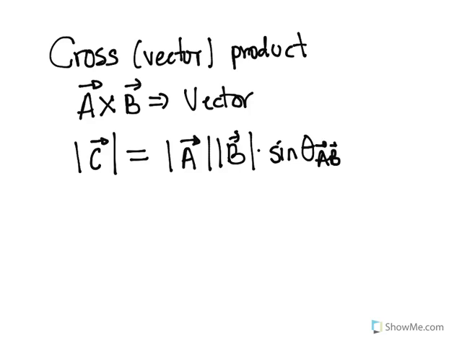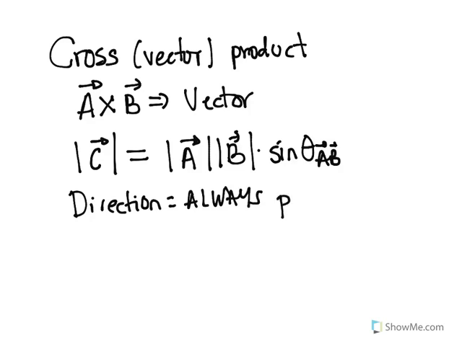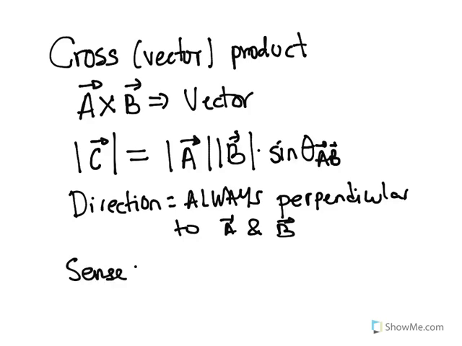It also has a direction, and the direction is always perpendicular to the original vectors, perpendicular to vector A, which is the first vector, and vector B. And the sense is given by the so-called right hand rule,